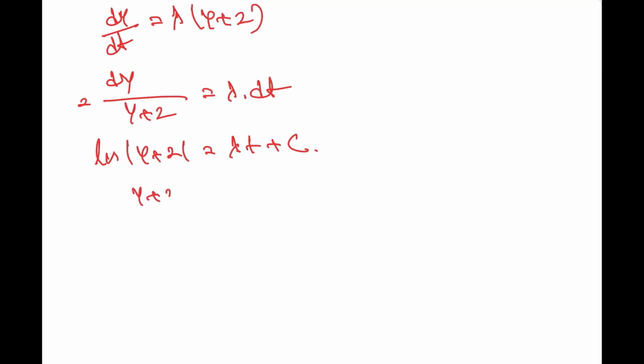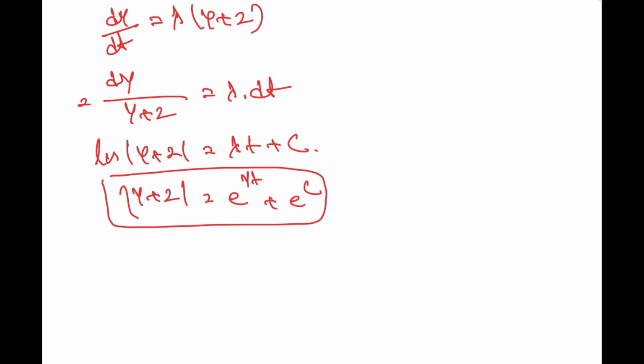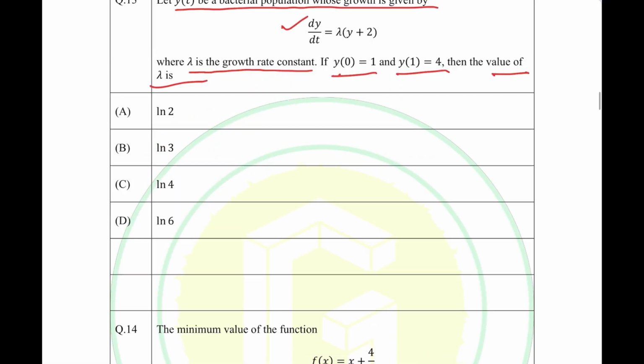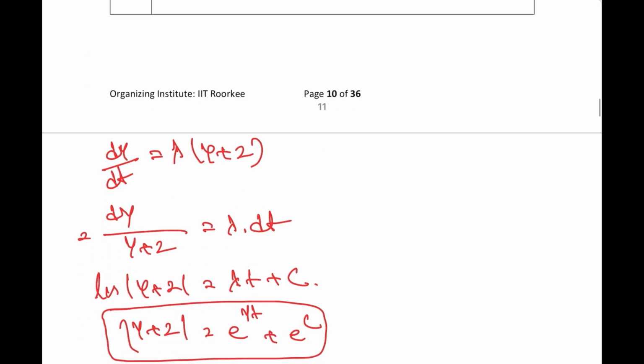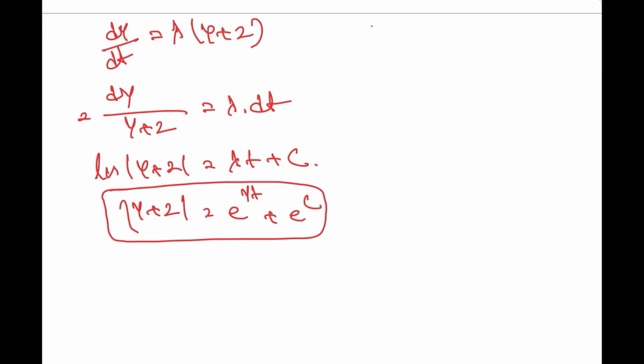Here we can get it's like e to the power yt plus c. Okay. From this equation we are getting, and the very initial step says that y0 equals 1, and y1 equals 4. So from that equation, if y0 equals 1, here y0 means t equals 0. So from that equation we will get